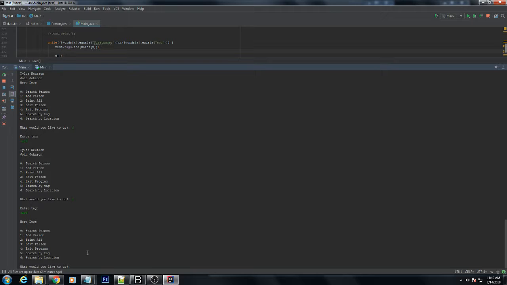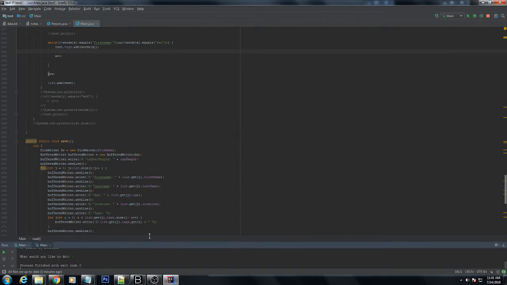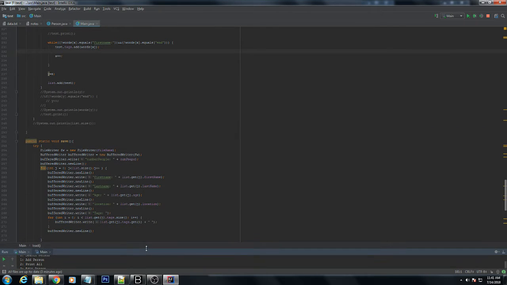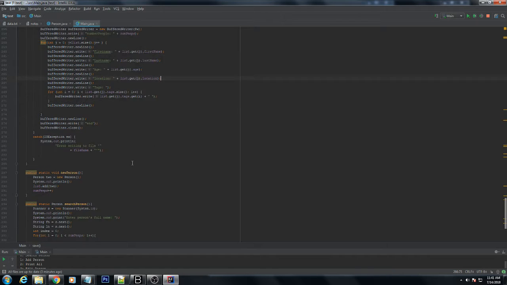So I kind of want to use that tag system to add people's interest and be able to search by their interest and match people based on their interest. Right now I just have these placeholders. And then you can search by location too. We'll just hit 4 to exit the program now. So that's essentially what the program does right now. I'm trying to get it online though, is the thing. I want to basically be able to have other people access it and add people and whatnot,